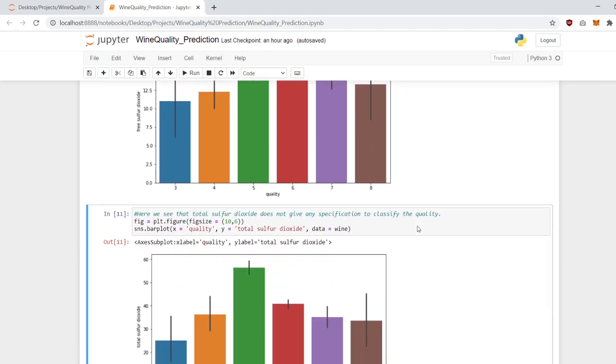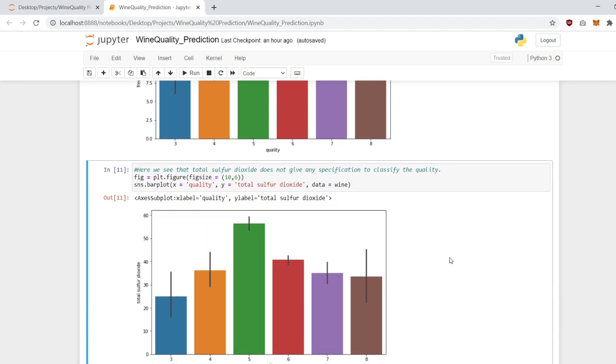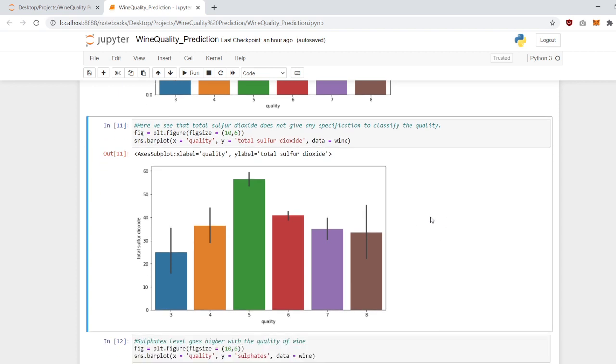So basically we have to keep a check on the trends. If we see a better trend, like a downward trend or an upward trend, we have to keep that in mind and then work on it later when we pre-process the data. Then over here, when we plot a graph between total sulfur dioxide and quality, we see that the total sulfur dioxide does not give any specification to classify the quality.